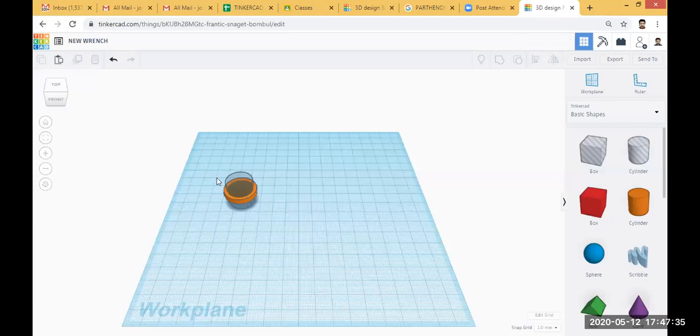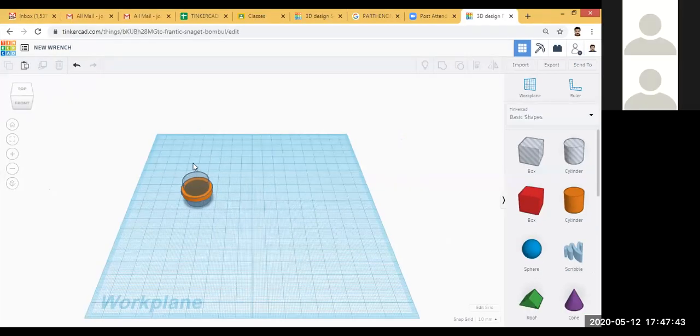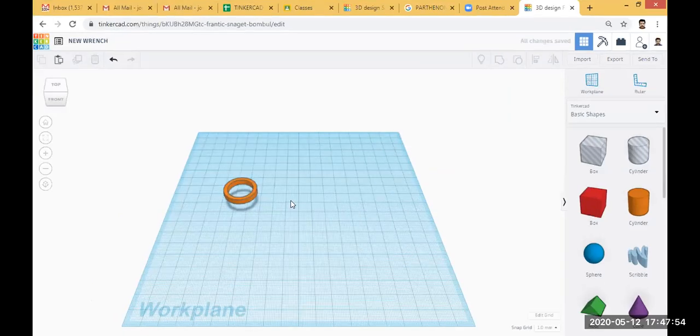Okay, so now you can see one is actually an object and another one is a hole. So you want to create a hole. So select this option and then click the group icon. Okay, now you can see your ring is actually created. So apply the hole, select it, and then group it. When you group it, that whole portion is removed from the solid object. Okay, so in this way you can create the ring. So this is the first object.